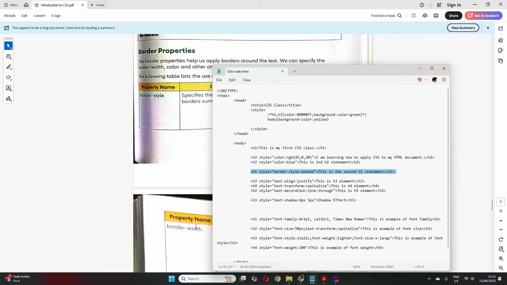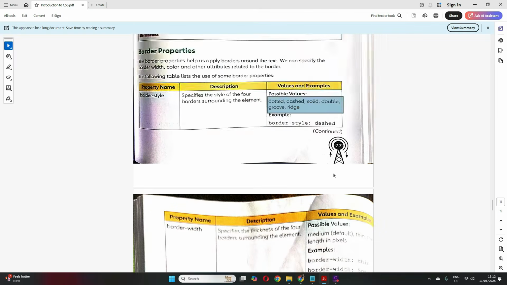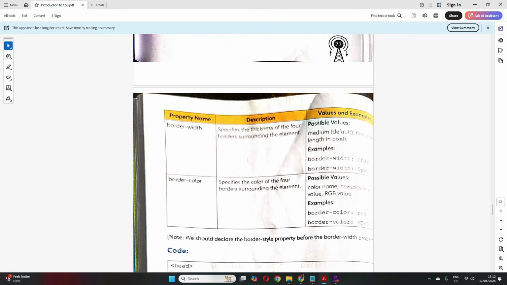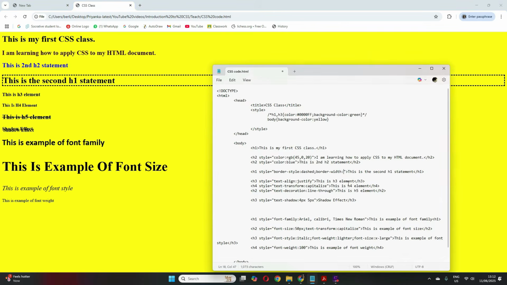Now we move on to the border width. If I want to set the width of my border, let me put it here with a semicolon, border-width. Right now this is the width of my border, and I want to increase or decrease this width. So you can do that. How do we do that? See, border-width, the possible values are thin, thick, and length in pixels, and medium, which is our default one. So right now we are getting the medium one only. That's the default. We can make it thick, we can make it thin, or we can specify the pixels also, how much we want.